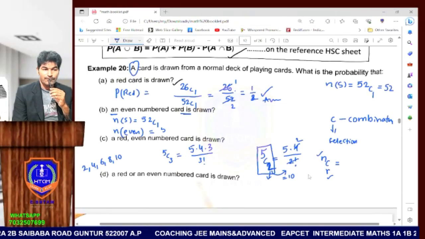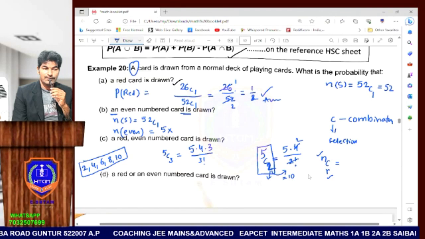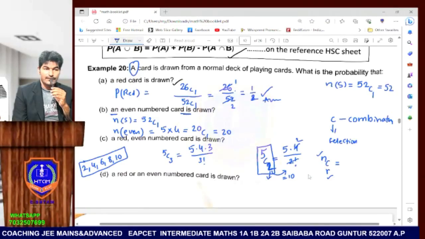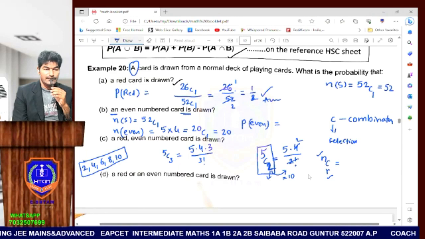Not 5 only, though. In each suit, these number cards 2, 4, 6, 8, 10 exist in spades, in hearts, in diamonds, and in clubs also, right? How many suits are there? 4 suits. So 20 cards exist, so 20C1, that means 20. Therefore, the probability of drawing an even card is 20 out of 52. You can cancel